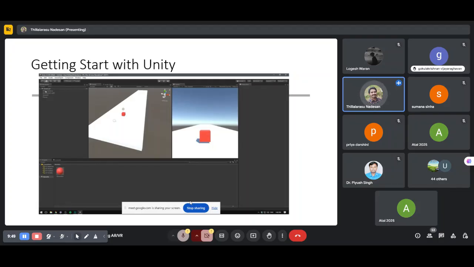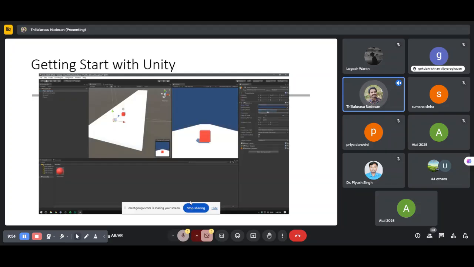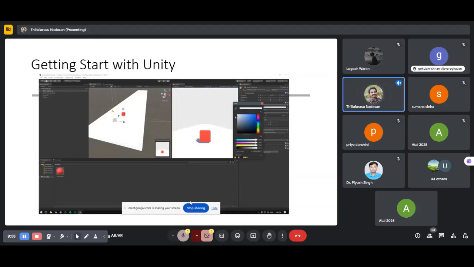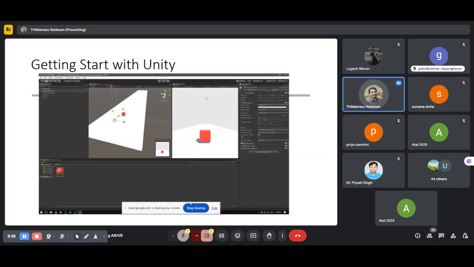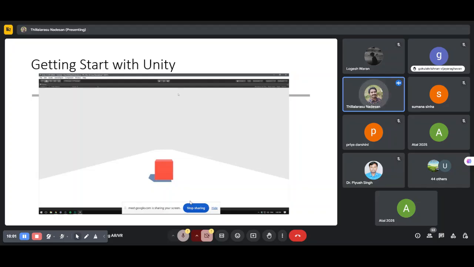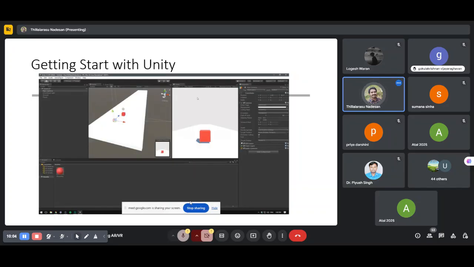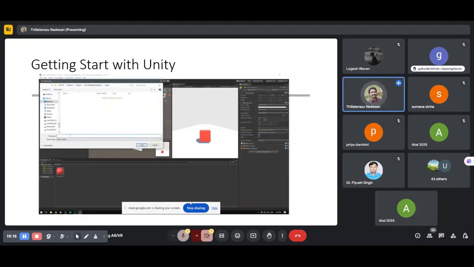You can take it further and learn a lot and you can do many things, and a lot more tutorials are also there on the Unity website. If you want to give a background effect or change the background color, you can do anything. So this is what we can do with the Unity tool. Okay, so once you've done everything, we can download it. You go to the file and you can save it to the local drive also, using whatever name you want.